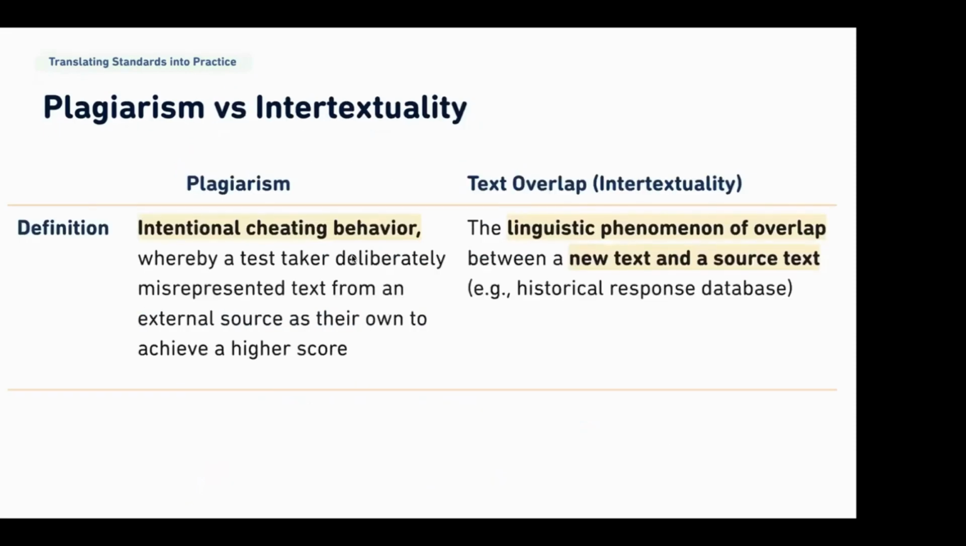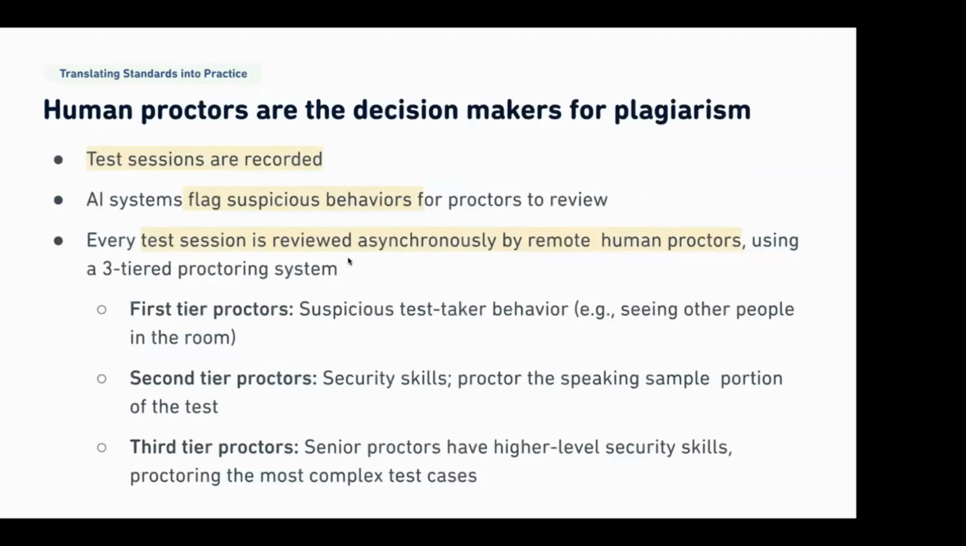And so as part of building this algorithm and figuring out what's fair, what is plagiarism, because that's pretty high stakes for people being caught cheating, it's something we really have to take seriously. There's text overlap and there's plagiarism. Text overlap is one thing. It's just maybe you wrote something in your essay on the test that's shared with a historical response database. It could be something very basic, right? But then there's intentional cheating behavior where test takers deliberately misrepresent a text as their own, right? And so we have to make that distinction. That has to be really, really fair, and human in the loop AI is essential in that context,